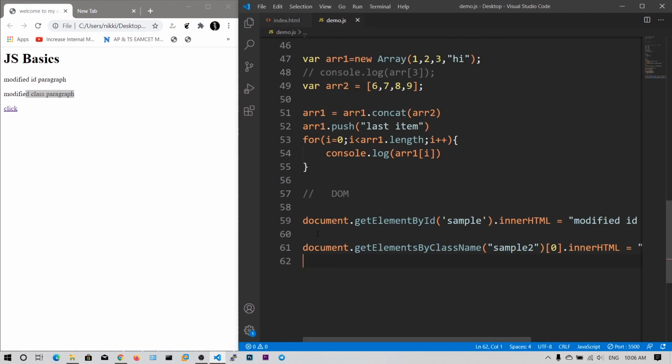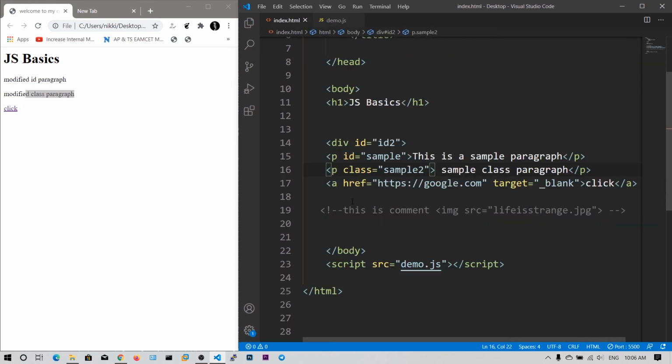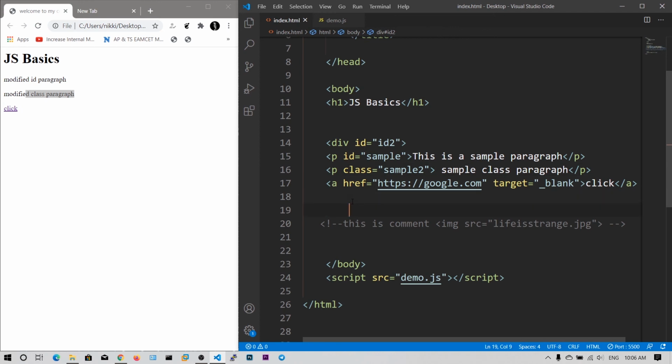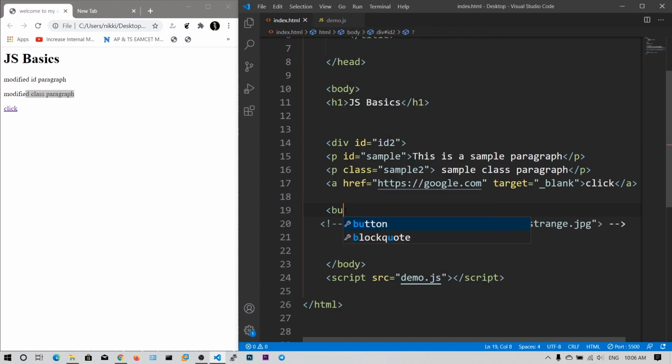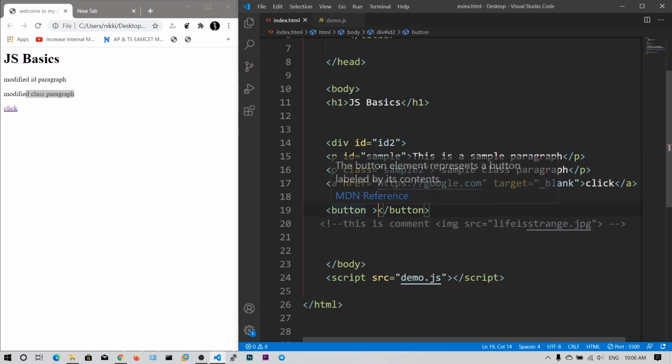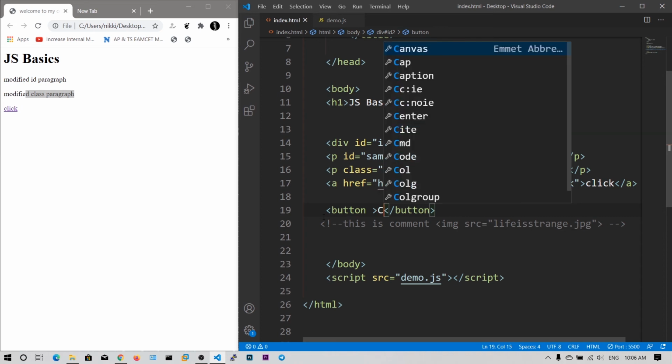One problem is we are directly modifying the paragraph. We can also add a button, and on clicking that button a JavaScript function can execute. So let's say button, I will say click me.